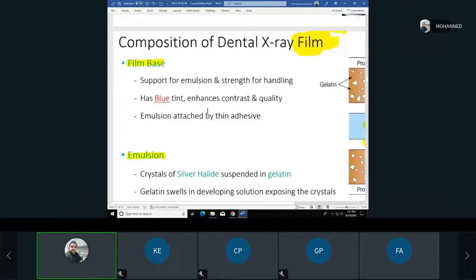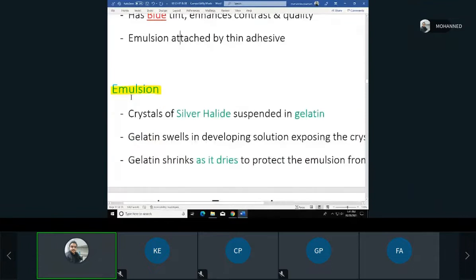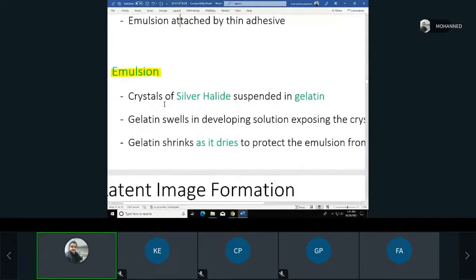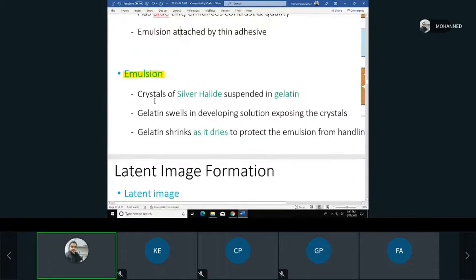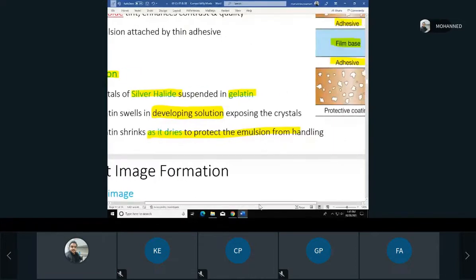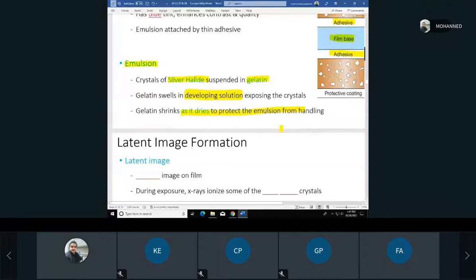So what do we have here in that emulsion? This is what actually makes the X-ray appear. This is what actually reacts to the exposure of the X-ray. So it has crystals of silver halide, right? Yes, suspended in gelatin. That gelatin will swell when we put it in the developing solutions, which we'll talk about in a second. And this would cause these crystals to be exposed to the developing solutions. And then afterwards, that gelatin would shrink and dry, and it will protect it. I'm sure you didn't connect to much of what I've said. But anyway,